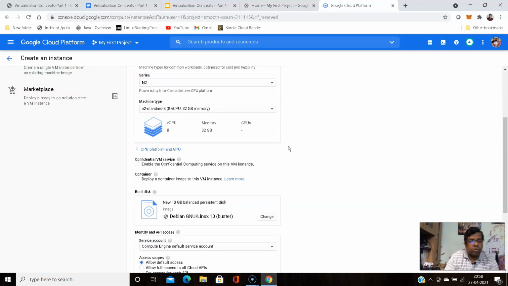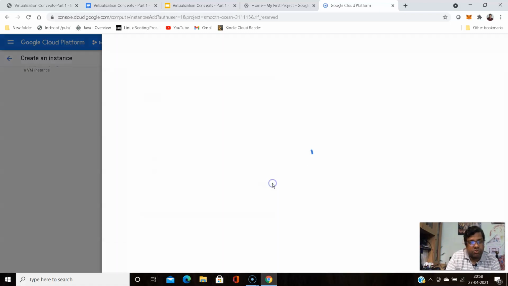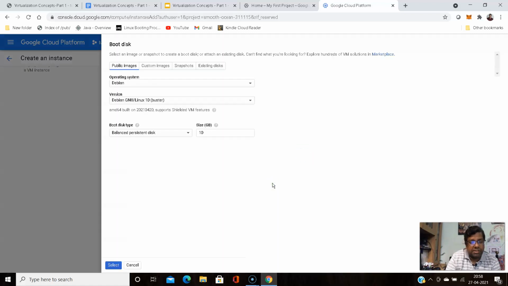If you do a course on Google Cloud Platform, you will come to know what these components are. Right now, since we are just demonstrating virtualization, I'm not going to demonstrate any of these components. That's out of scope for this. Now this is a 10 GB persistent disk. It shows Debian Linux by default, which is actually a vendor-provided image, so I need to change it to my personal custom image.